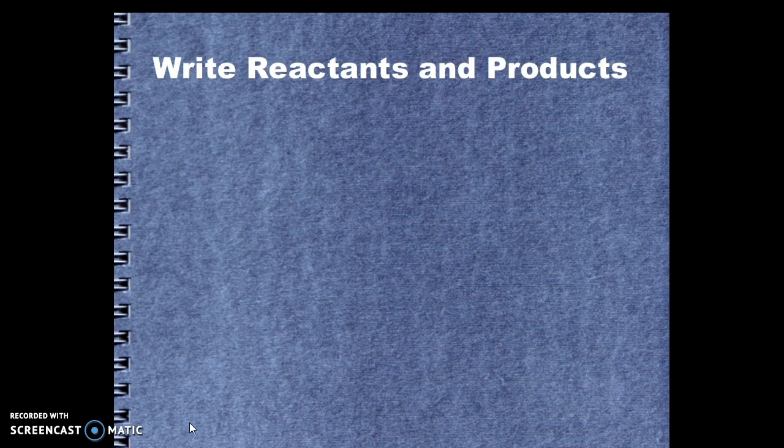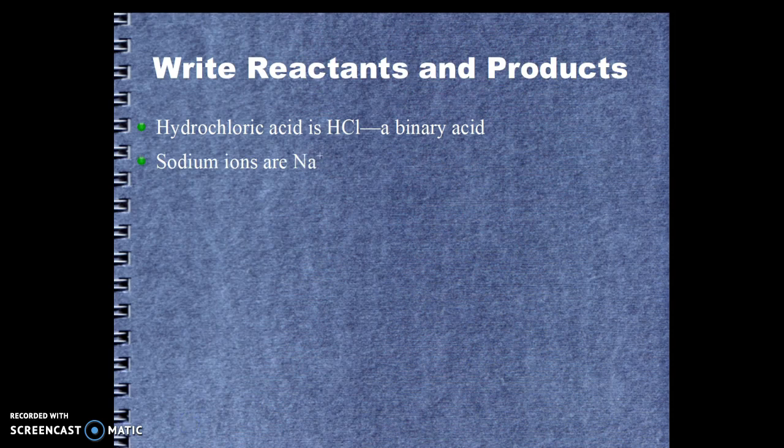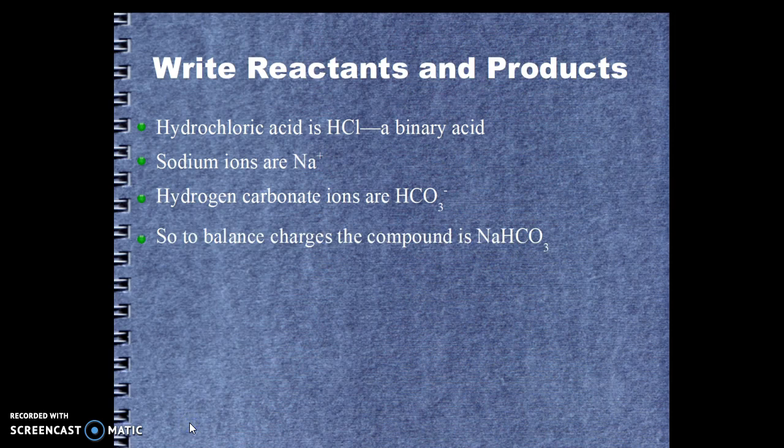First, we have to write the reactants and products. Hydrochloric acid, of course, is the binary acid HCl. Sodium ions are Na+. Hydrogen carbonate ions are HCO3 with a -1 charge. That means to balance those charges in the compound sodium hydrogen carbonate, we write NaHCO3, a ratio of 1:1 of